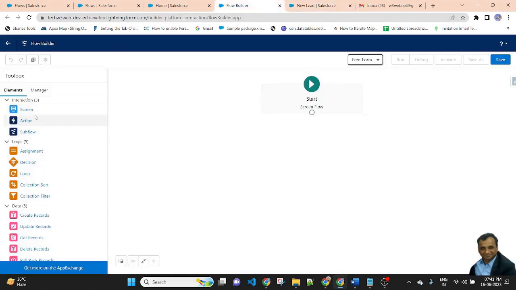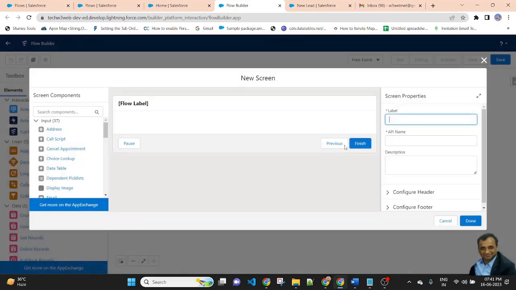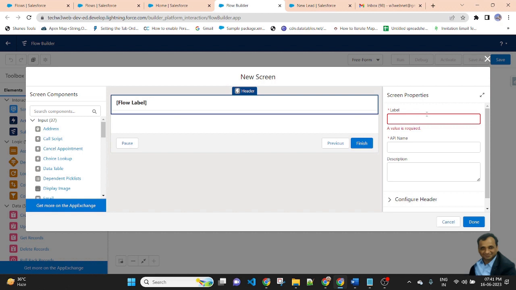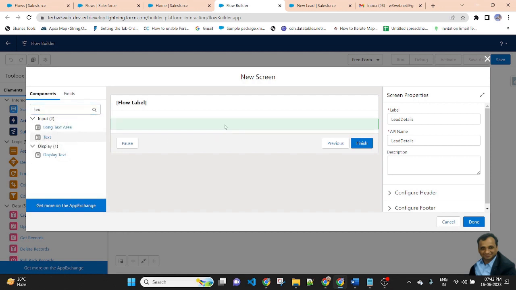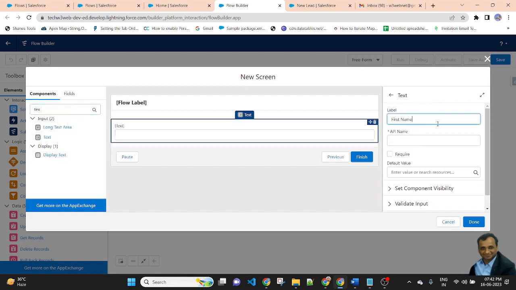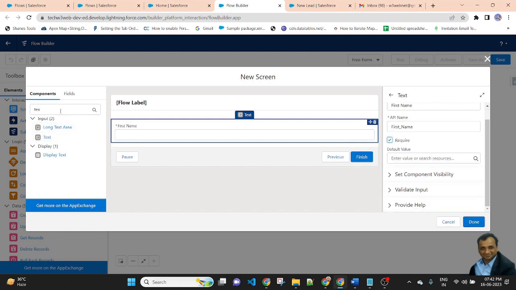Go to the flow, in the Screen element, drag and drop it here, and write the name of the screen. I am writing Lead Details. Then a text component, first name, is a required field.